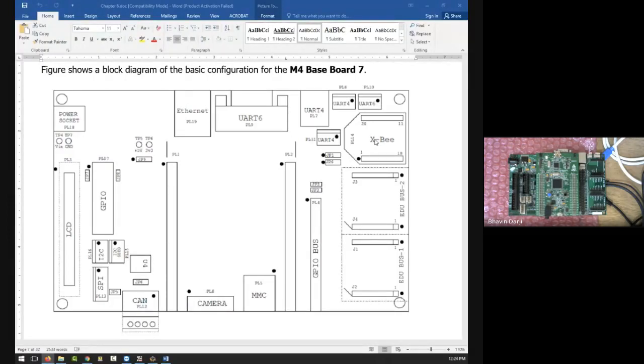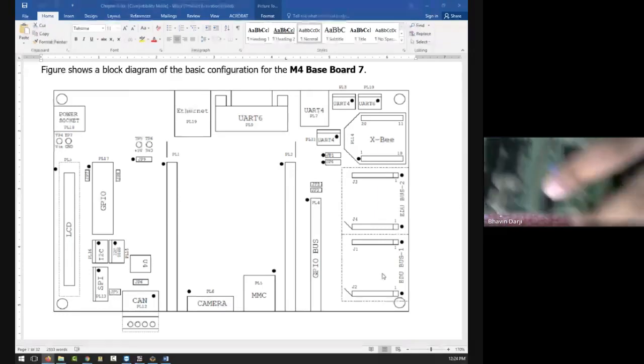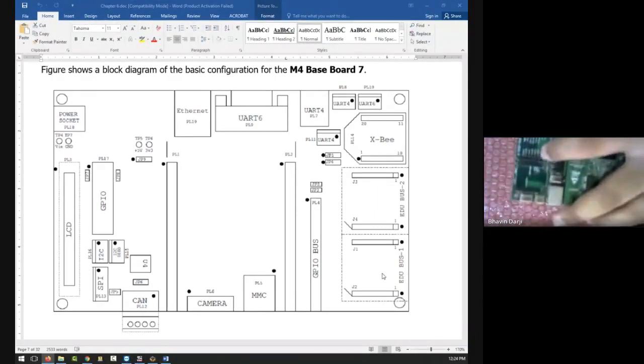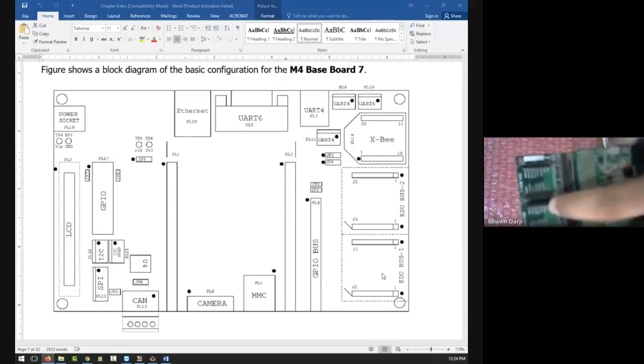So you can directly interface ZigBee on this kit, which is not possible in a Cortex M3 based kit. Then on the right side, below the corner connector, there is an EDU bus connector. That is a specifically designed connector, as you can see on this kit. This is the connector,